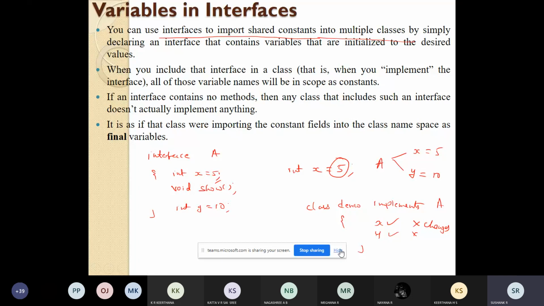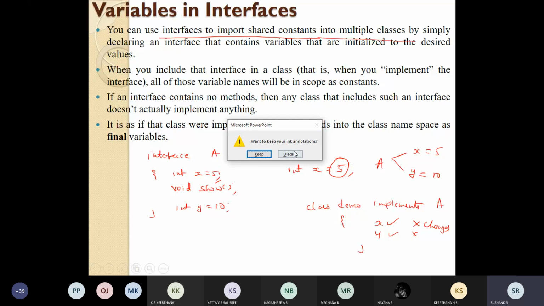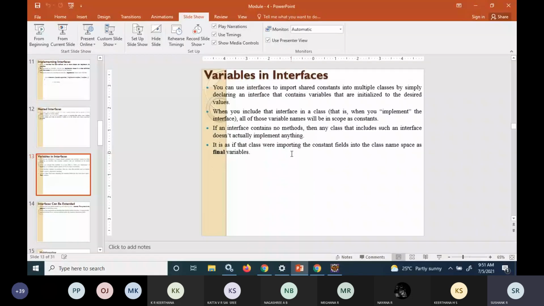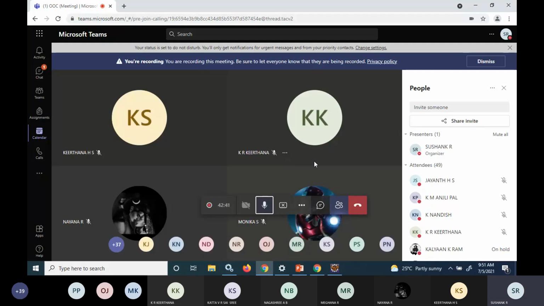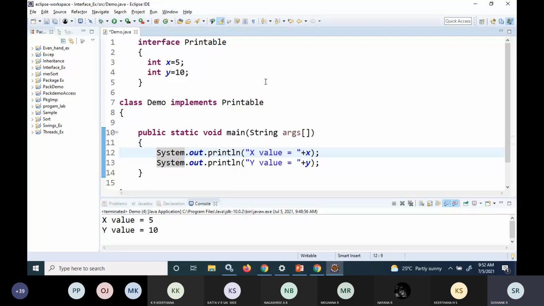So these are the things which we have studied now. I'll just stop the class now. If anything remains, we'll look into it in another class. I think we have completed the interface topic. Only one concept remains, maybe reference variable in interface, which I will discuss in the next class. Any doubts regarding today's class, you can let me know. I'll explain it if any doubt is there. If not, we'll just wind up the class.